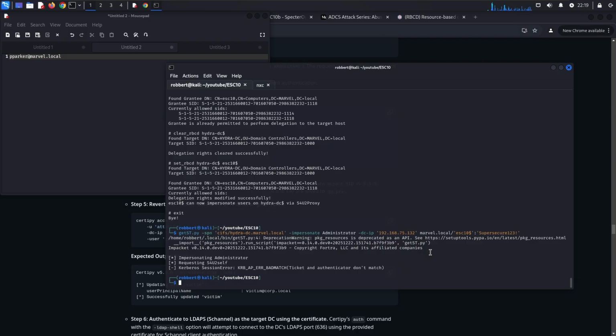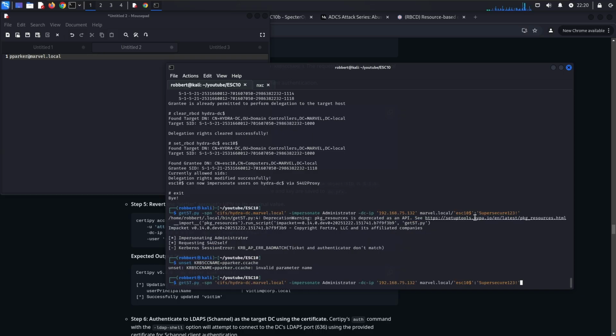So the problem is, remember when we set our ticket to use Peter Parker? For some reason, getST.py prefers Kerberos authentication to our specified credentials. So right now we're just using our Kerberos ticket, which does not have RBCD set. Therefore it's failing. So what we need to do is unset. It's going to unset the variable, and now we won't have any tickets in our environment variables for Kerberos to use. And if I run this again,